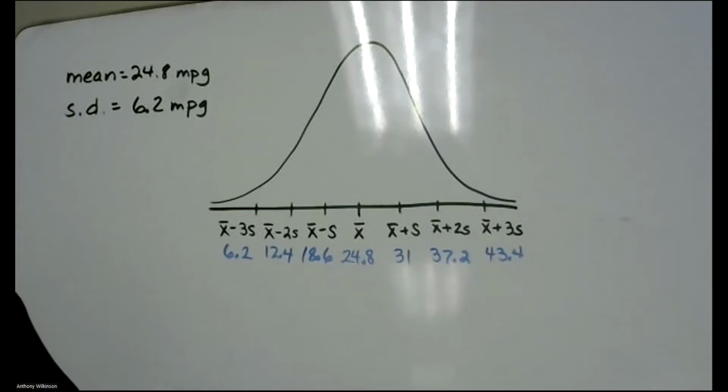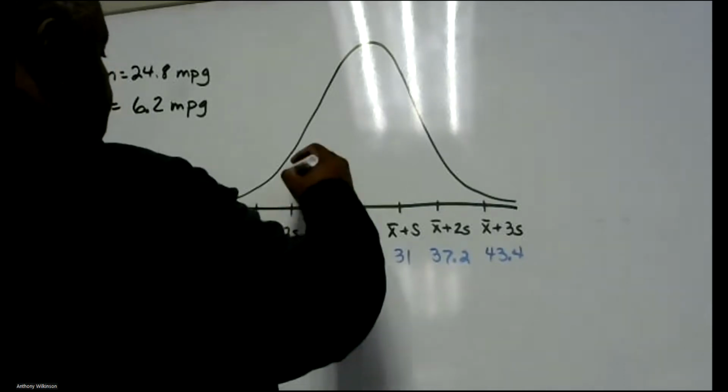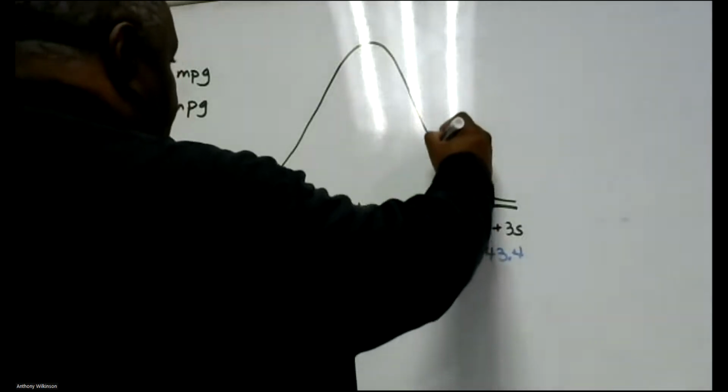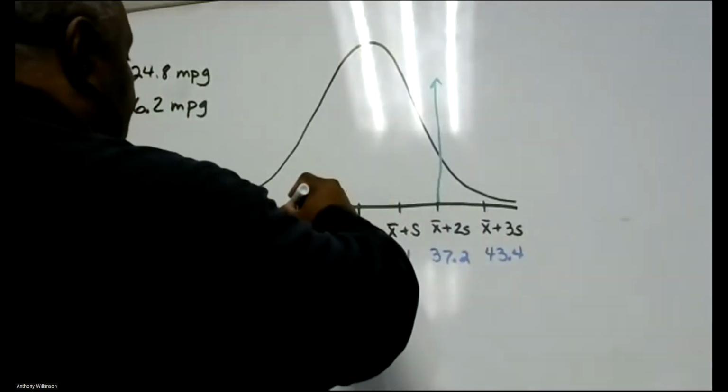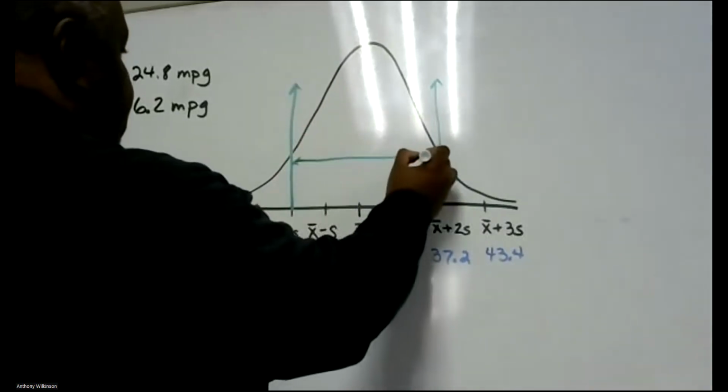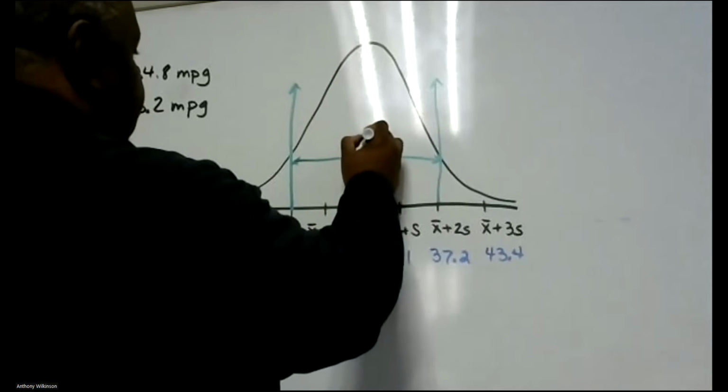Now, if you look back, you'll see that 95% has to lie within 2 standard deviations of the mean. That means 2 above, which is right here, and 2 below, which is right here. This represents 95%